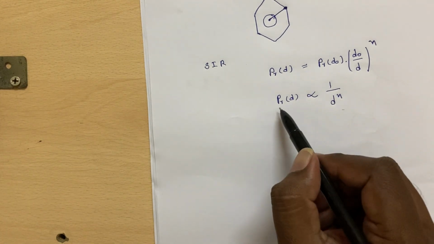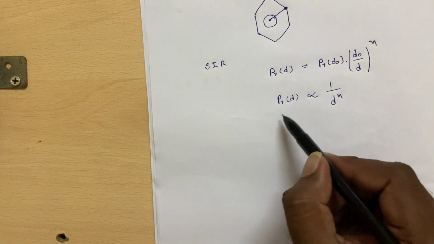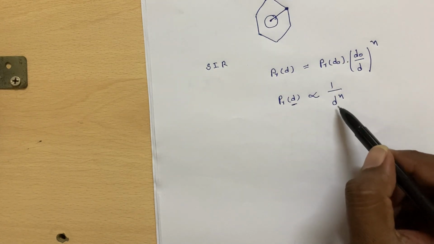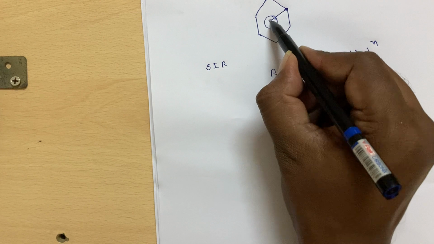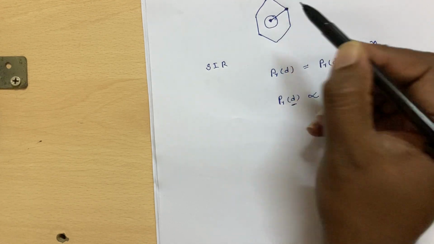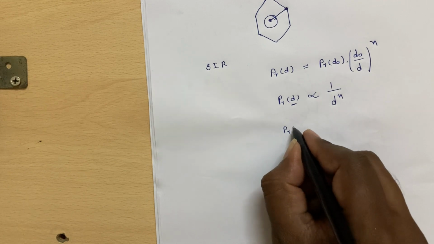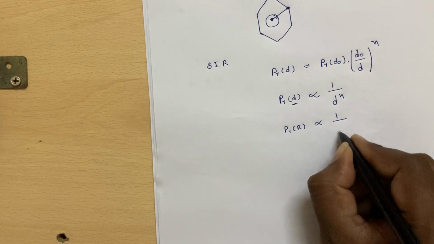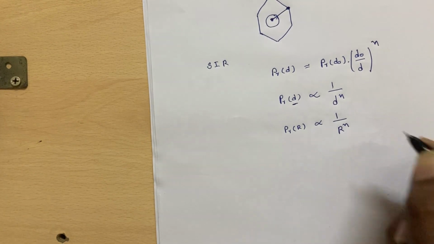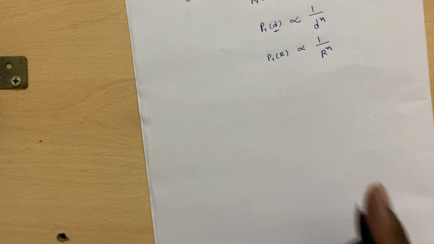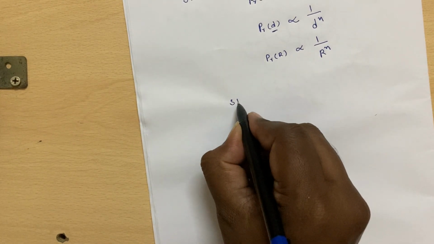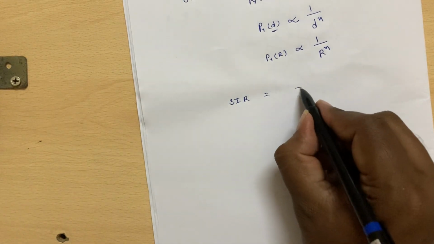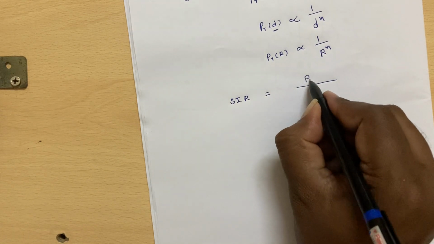Similarly, the power received at a distance d is inversely proportional to 1/d^n. So the signal power received here, P_R(R) from the signal of interest at R, will be inversely proportional to R^n. Now, if you see what the SIR is, SIR is equal to the signal power here, P_R(R),